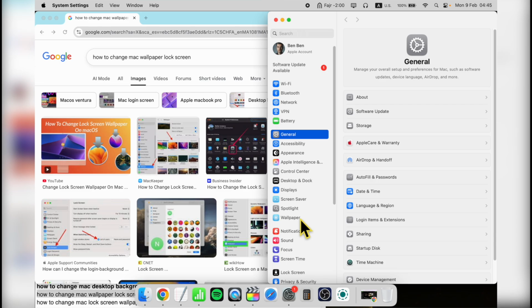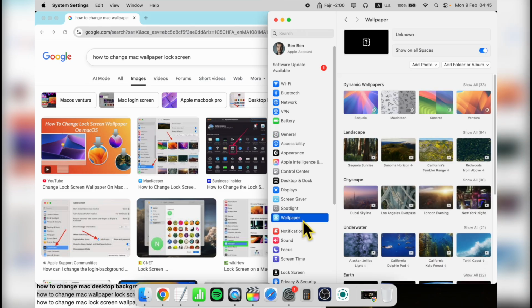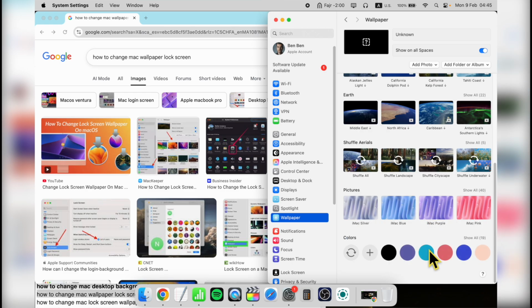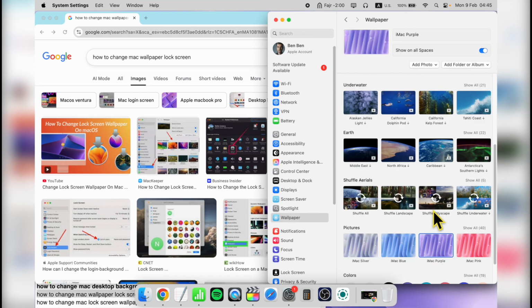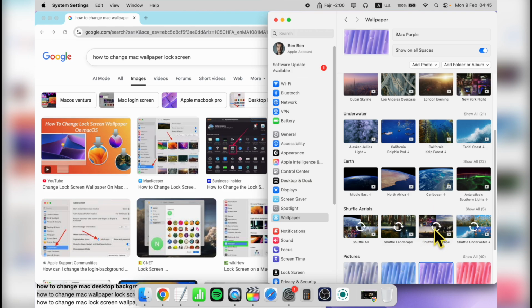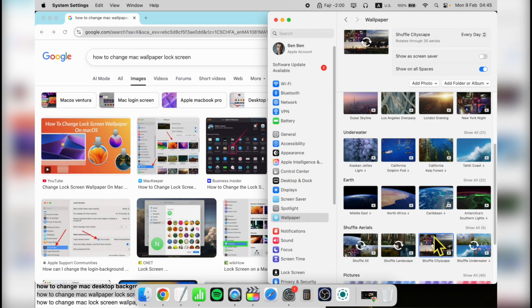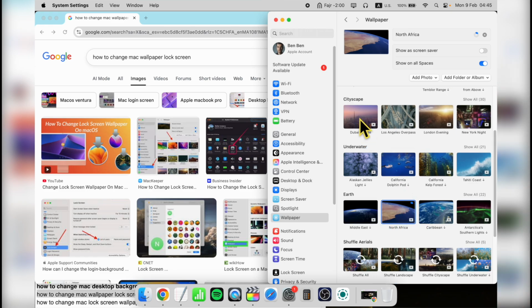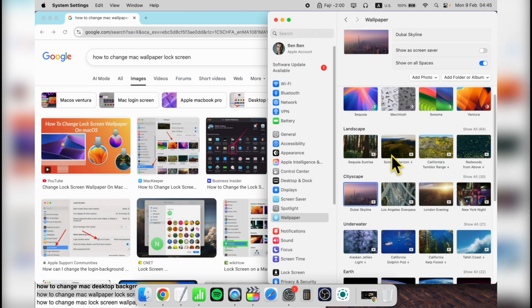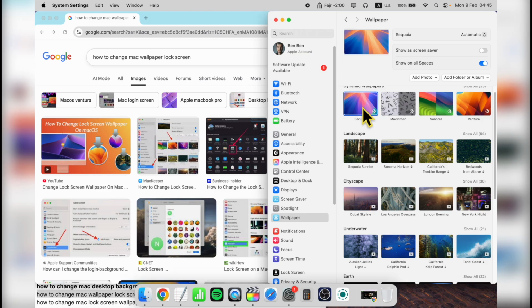then look for Wallpaper, and here you can select between going with a color screen. You can go with those simple pictures. You can go with the images that shuffle every duration after a specific period. You can go with those Earth wall images,